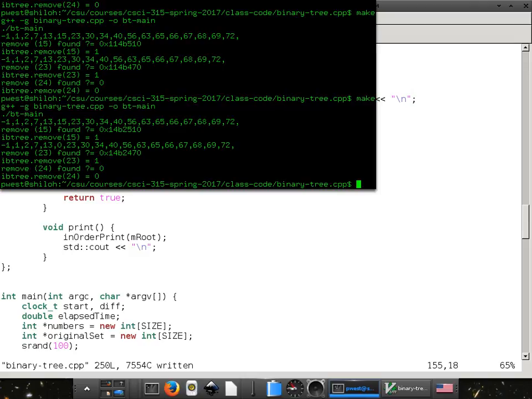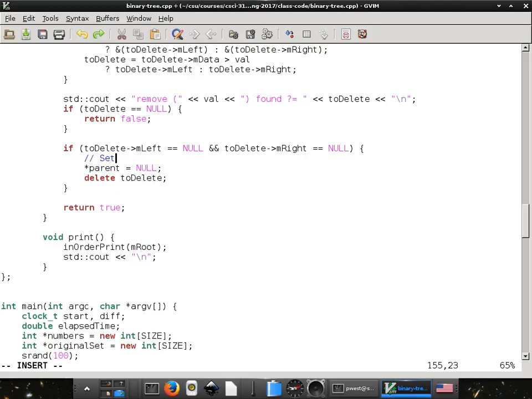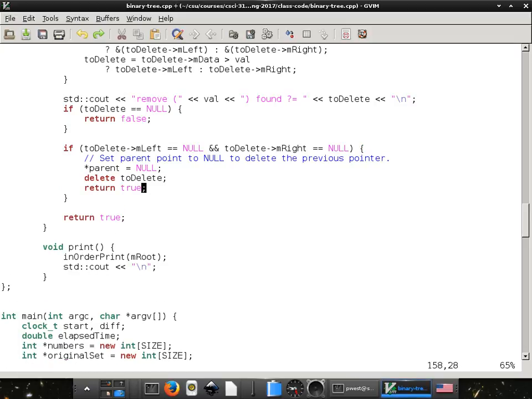I can't remember which. We deleted it, so now that pointer is pointing to something that's been deallocated. Therefore, its behavior is undefined. It might be null. It might be something else. It could be anything. We don't know. It depends. So set the parent pointer to null to delete the previous pointer. Great. All right, so that was case 1, and we'll just return true